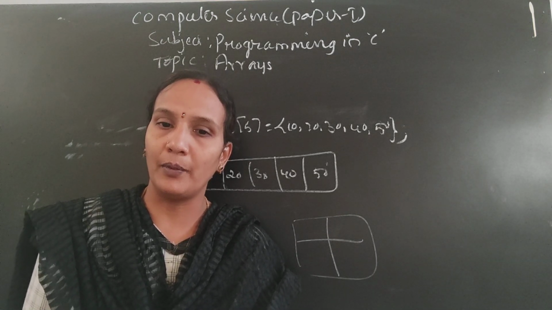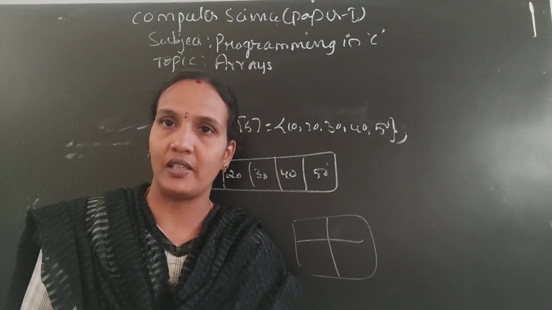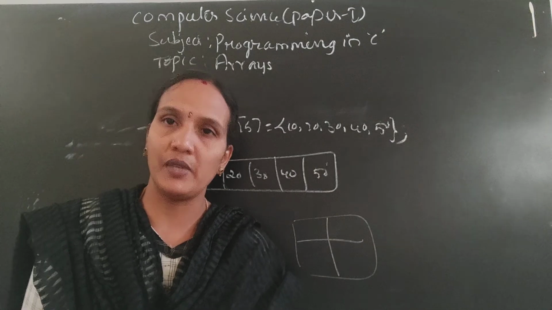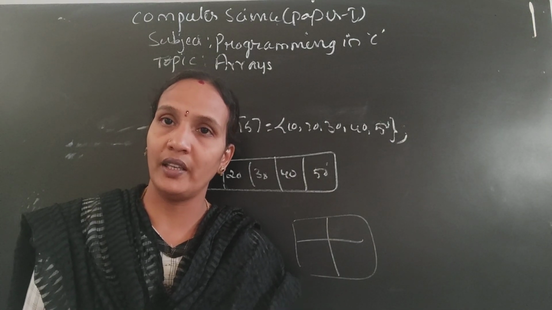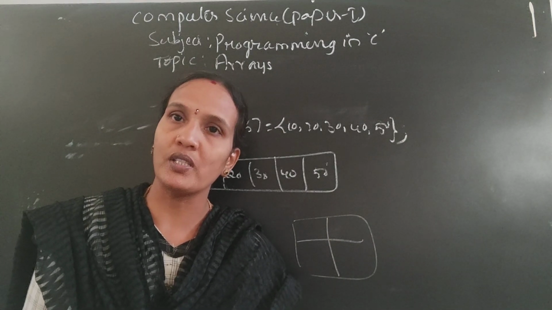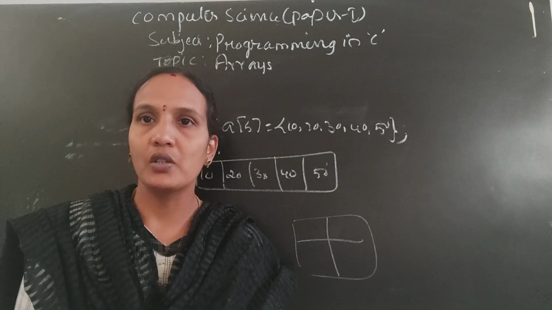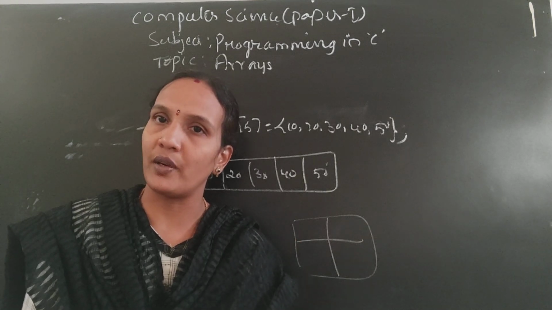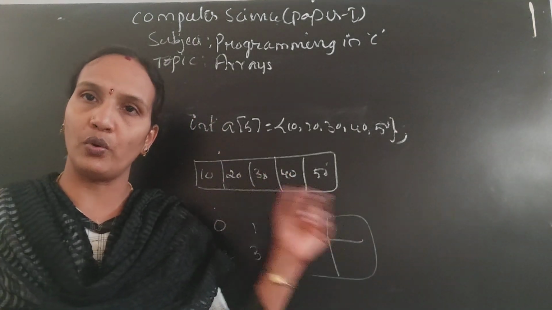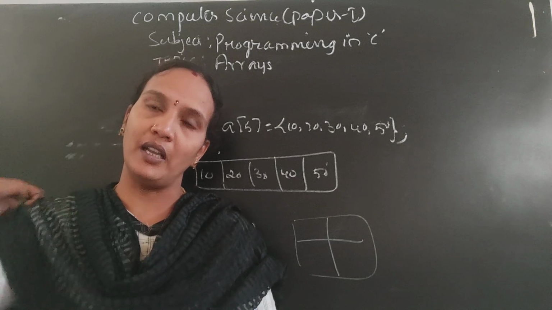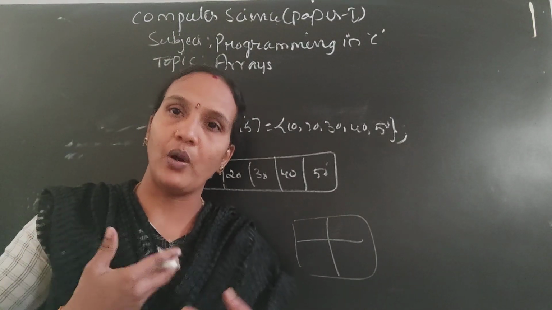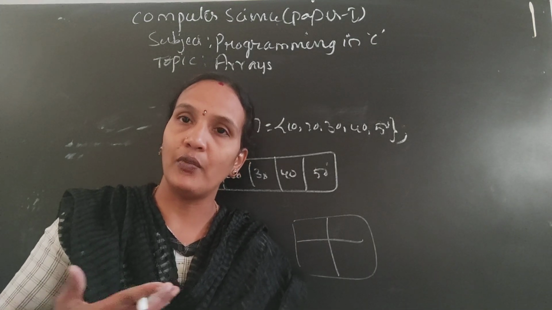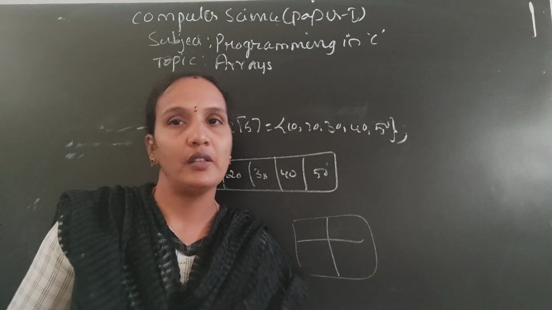So if you want to create a data structure with rows and columns, like a matrix, then we take the help of a two-dimensional array, where you can create elements for rows and columns. Two dimensions means one dimension for a row and one dimension for a column. One dimension means only rows, so you can display the elements in the form of rows only, horizontally.